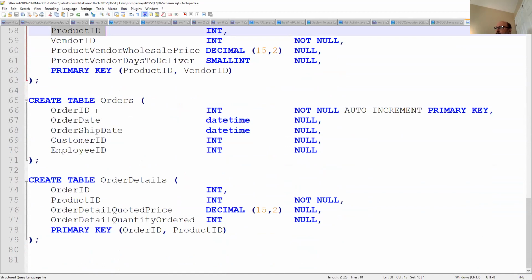And everything that we order, when we order something, it'll have an order ID. So every time we create a new order, it's going to have on it a new,